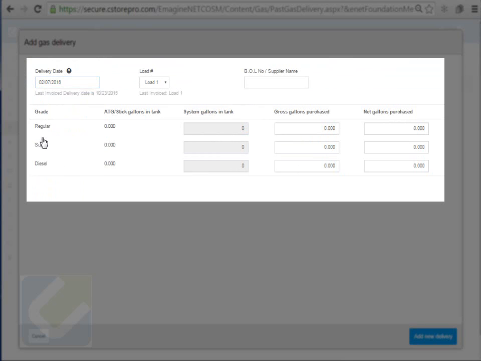In this case, it's the 7th. It shows my stick reading over here. And I'm going to say that the actual inventory I'm delivering is this many gallons, whatever I had in my running inventory balance. So I'm getting this much gallons delivered. And my diesel is set to 0 because I don't have any diesel right now. I'll go ahead and add this delivery. And for example, I can just set over here initial delivery